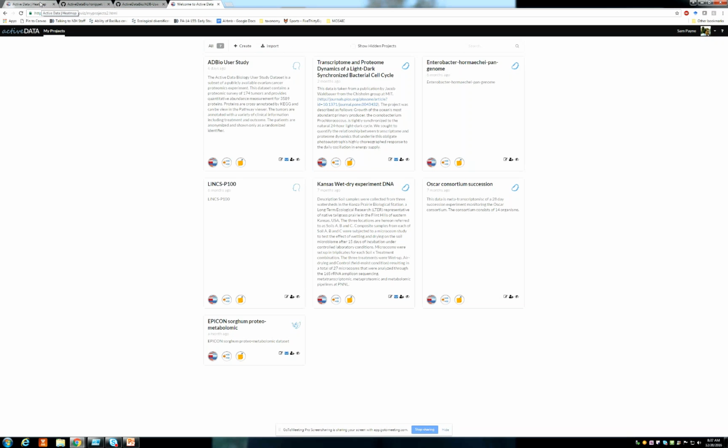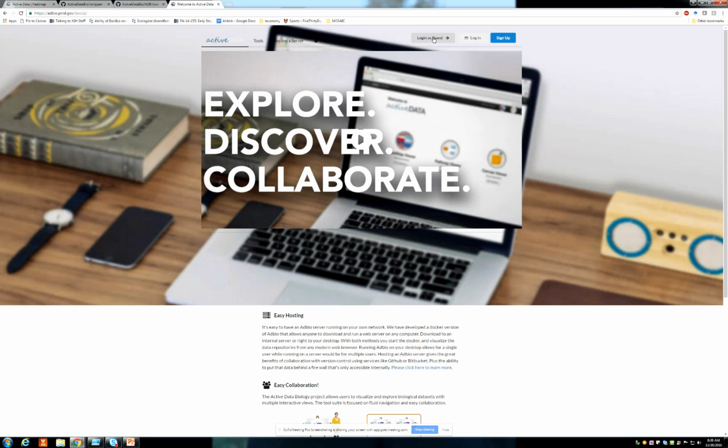And when you log in, here I'll log out so everybody can see how logging in works. You can log in as a guest, or you can use your own personal GitHub login. If you log in under either of those accounts, we have two open exploration projects that everybody can see. And that's one of the ones that I used today.